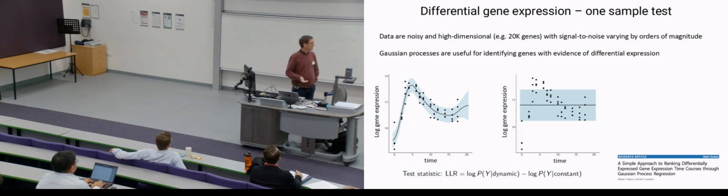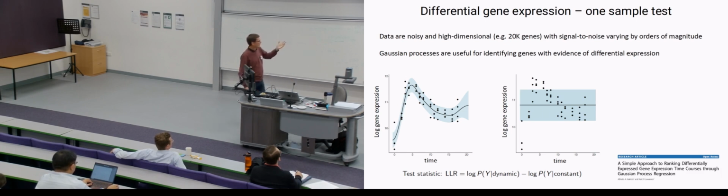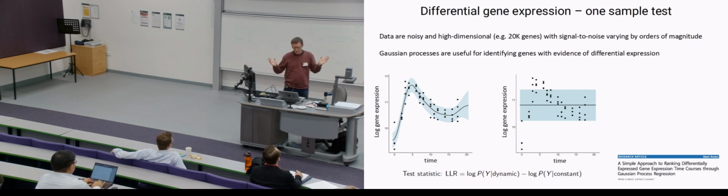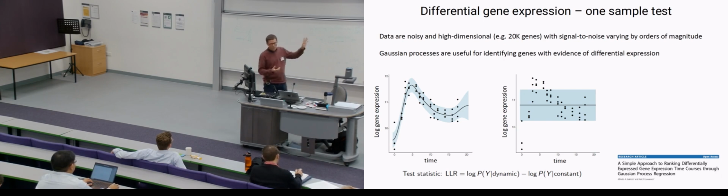And a very old paper presented this idea where you just do a simple likelihood ratio test, or a Bayes factor type thing, where you have a dynamic model and a constant model. The dynamic model can be encoded by a Gaussian process, and the constant model is just white noise. Then you look at that likelihood ratio and use it as a score to decide whether genes are dynamic. So that's super simple,